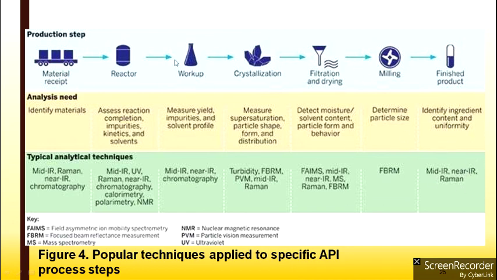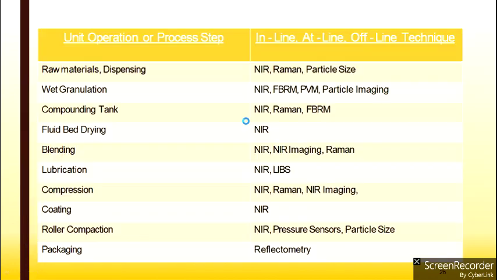So every critical step in a process is identified, and inline PAT is applied, right? And then these are the analytical instruments associated with that, and the data will be collected from these analytical techniques. It will be the input for your statistical analysis, and it will tell you how much deviation is in your process. And if there's any problem with crystallization, it will tell you, okay, so much risk is there in crystallization, so that you can bring some of the parameters under control and go ahead with the process.